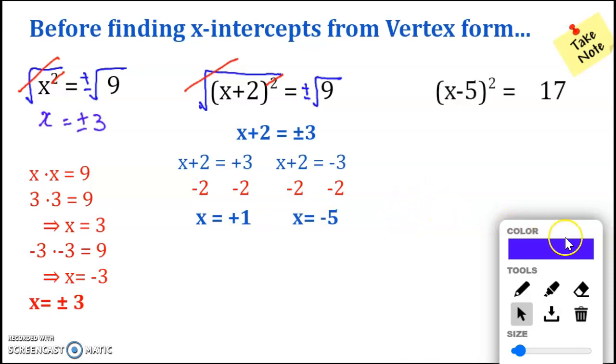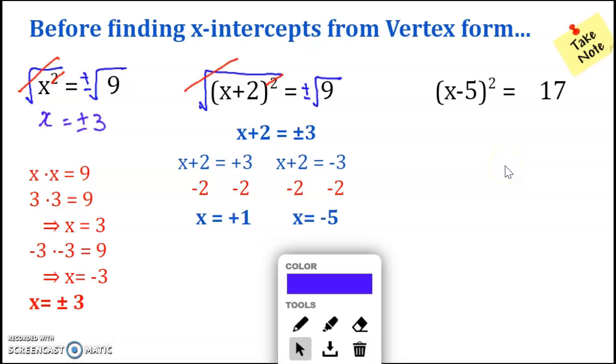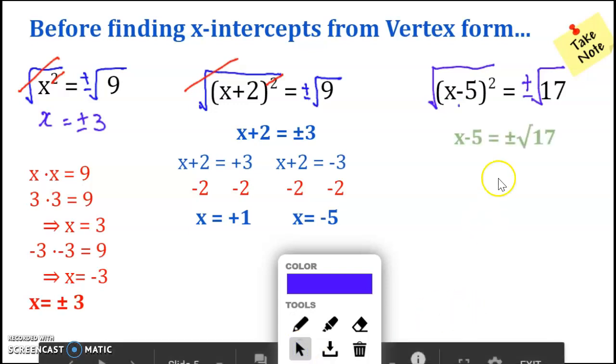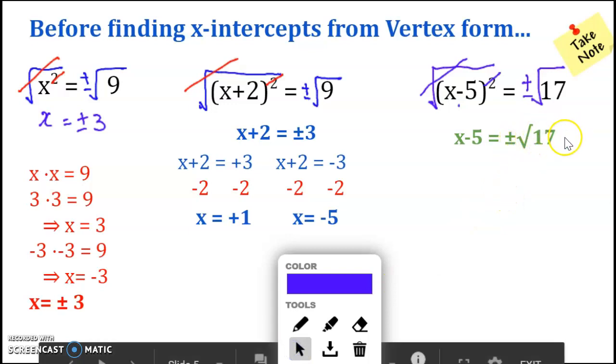What about this? x minus 5 squared is 17. In this case, again, you're going to take a square root of both sides. And again, you're going to put plus or minus because you're taking a square root of something with a variable inside. Okay, so then in that case, what are you left with? You're left with x minus 5, because the square root and the square cancel each other. And on the right hand side, you are left with plus or minus square root of 17,